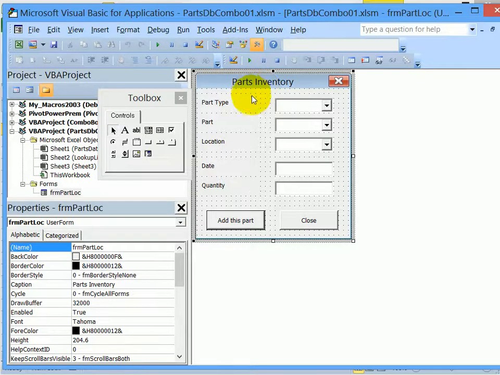Now I'm ready to test the code, and before I do that, I like to save the file. Then if anything goes wrong, I can at least get back to the file the way it was. Before I test the user form, I'm going to use the debug command to see if there are any problems